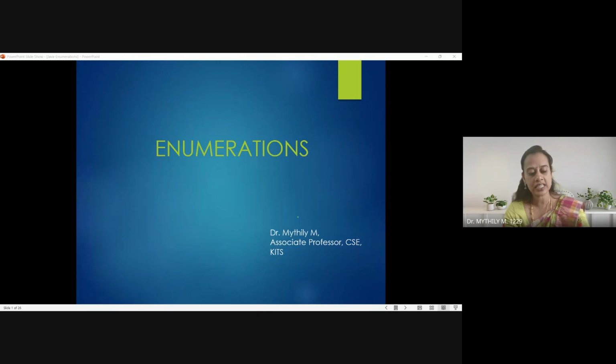Welcome to this session. Today we are going to see enumeration. Enumeration plays a vital role in Java. Normally, an enumeration is a special kind of data that is used to define a fixed set of named constants. Enum is primarily used when you need a variable to take one of a limited number of predefined values such as